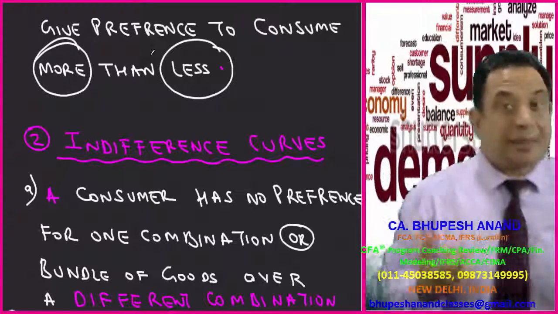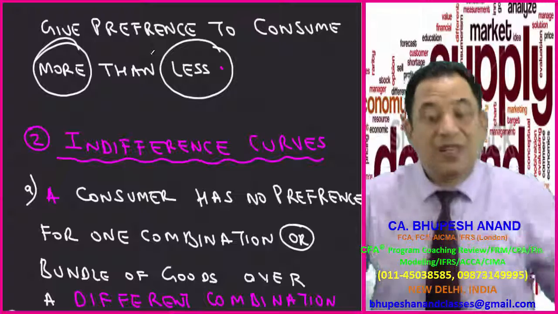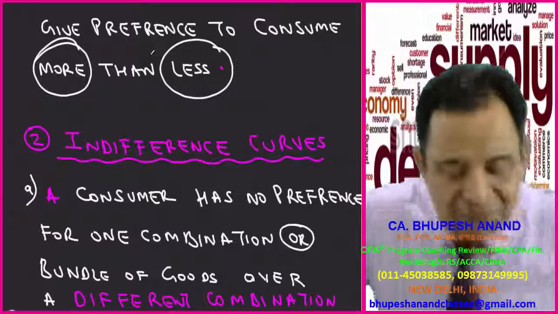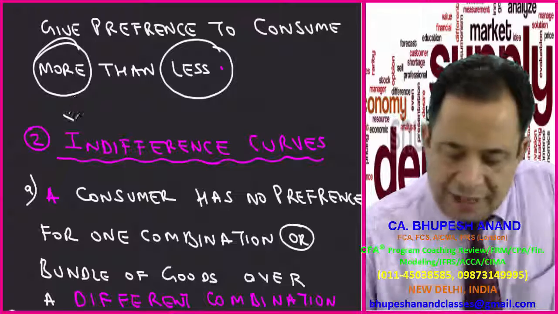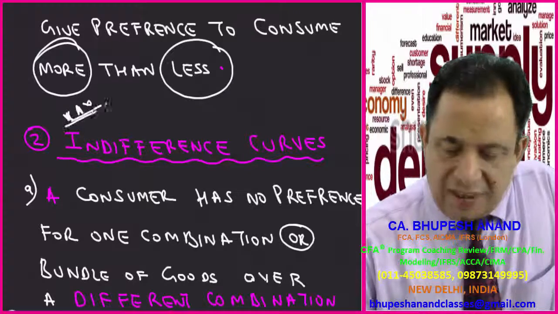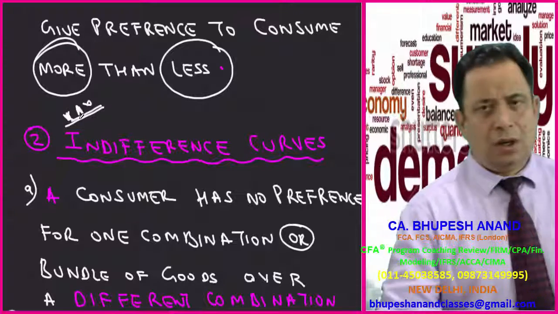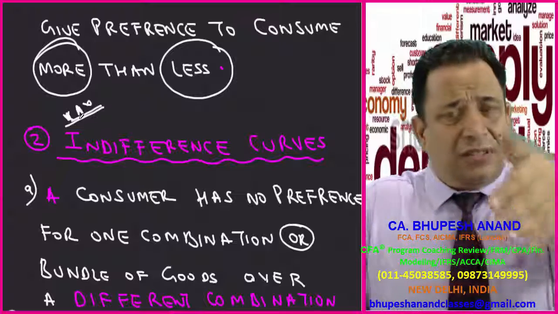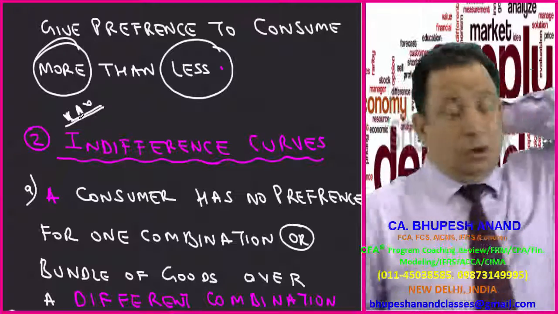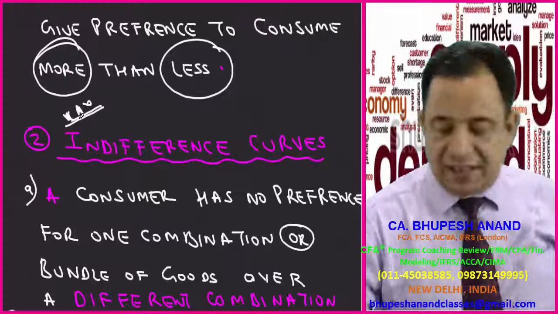The second learning outcome which I am going to start is named indifference curve. Please write down high 3 stars. Again, a very testable area for examination. No doubt we have discussed indifference curve in portfolio management also. But when I say indifferent,